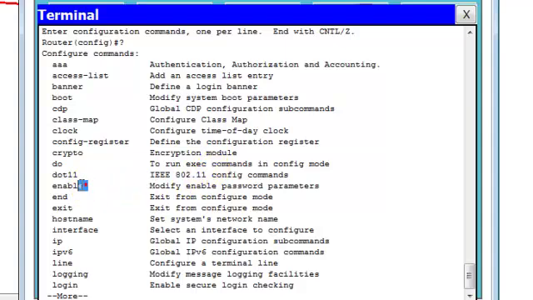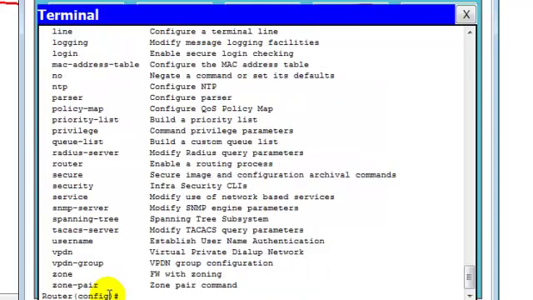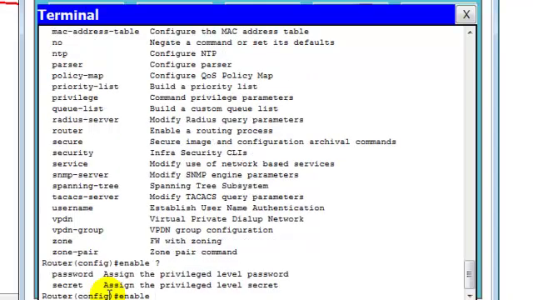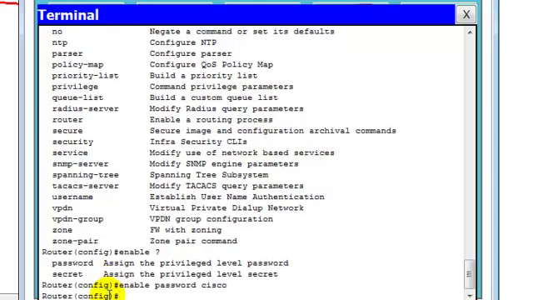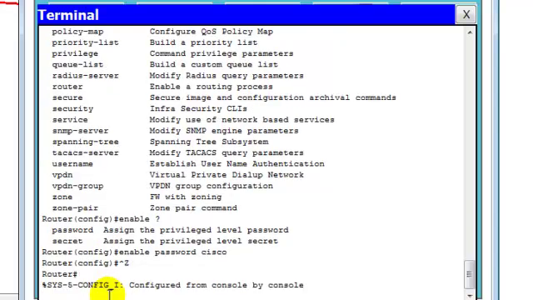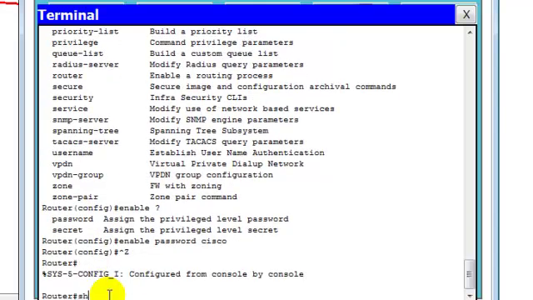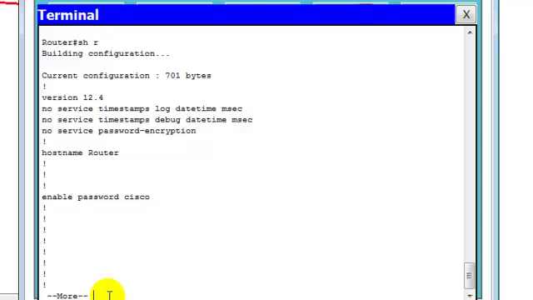The command is going to be enable. So, enable, which password? We'll do the normal password, the enable password. We'll make it simple, we'll call it Cisco. And enter. Control Z, enter, sh run, enable password Cisco. But this password is not encrypted,